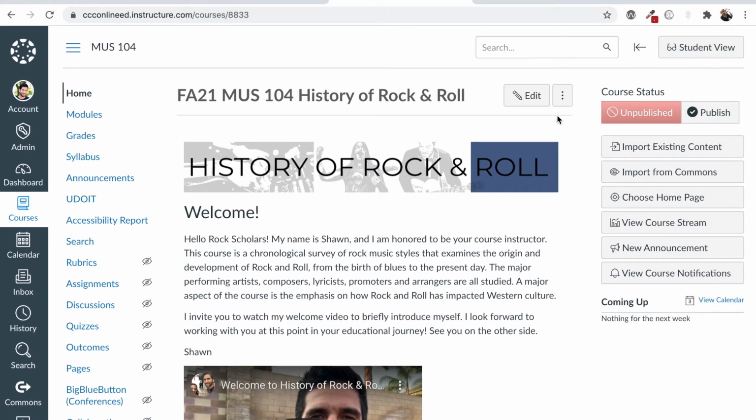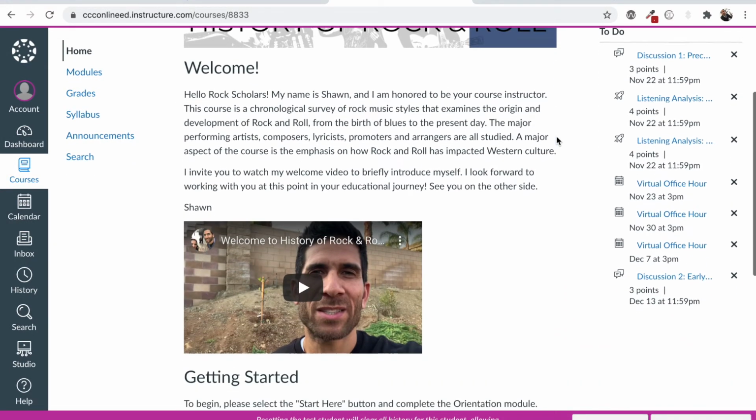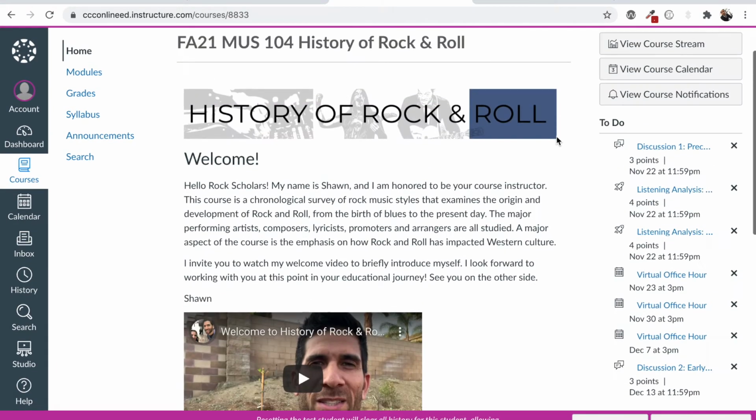Now, from the student view, we want to see what that looks like. And I have one specific good reason to see it from the student view. As the instructor, you see more than what the student sees. So I'm going to go ahead and use the Canvas Student View tool. I select the button here, and this is similar to what students will see. Looks very much the same.